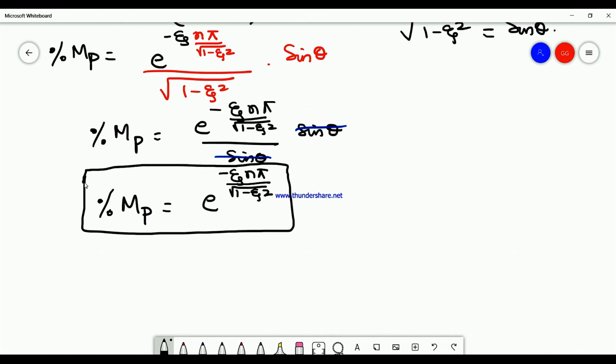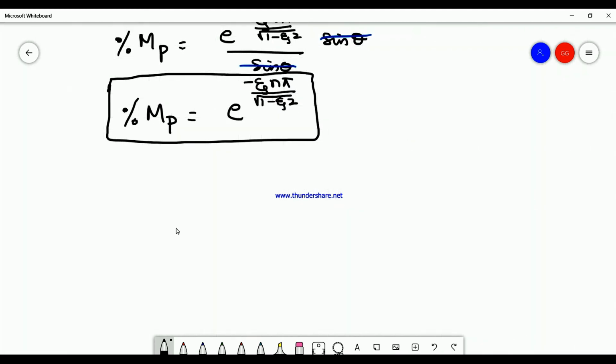Okay, so we have derived for TP, we have derived for MP. Now the next derivation is for rise time. So let us look into rise time, denoted by TR. Sometimes I write capital or small, it is one and the same, so it is rise time. Keep that in mind. So how to find out the rise time now? The rise time definition is what? The output reaching from 0 to 100 for under damped condition, right? 0 to 100.